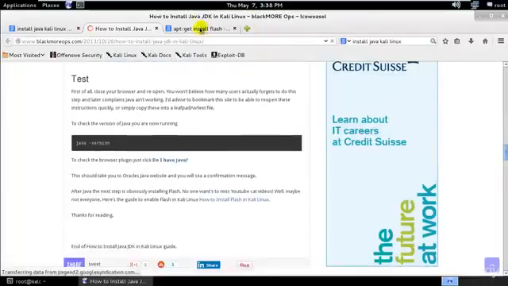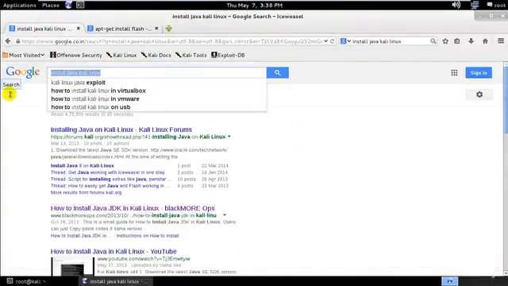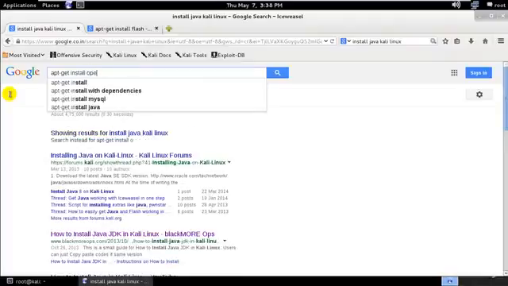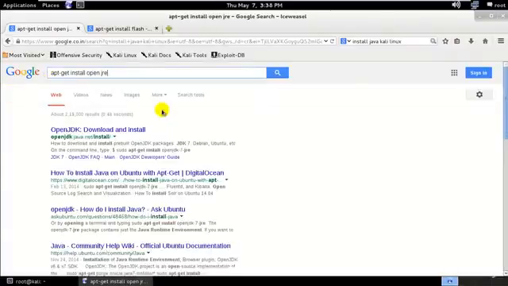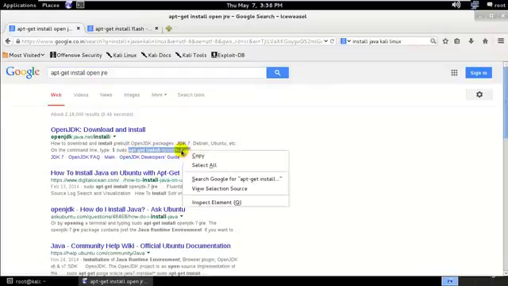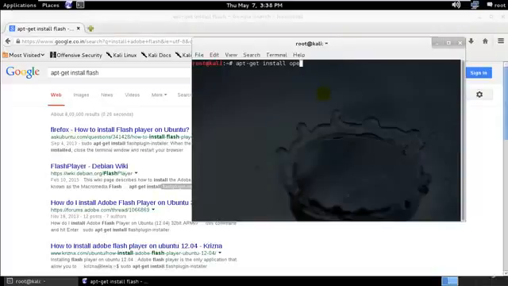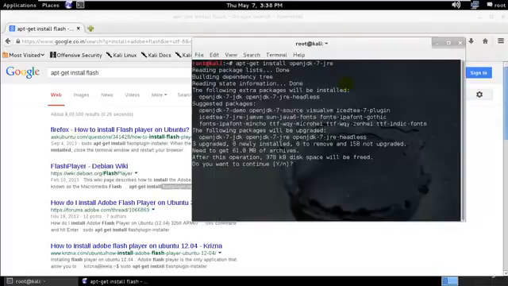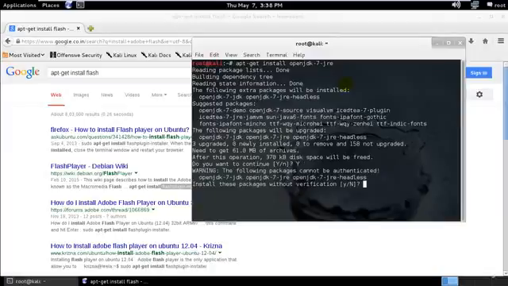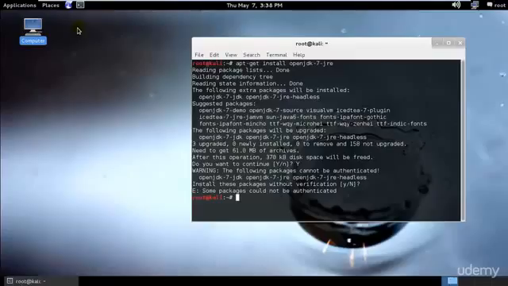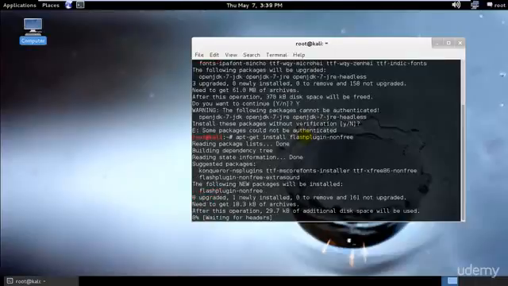Okay, so apt-get install. Okay, here we have it. I'll just copy that and paste it over here. apt-get install openjdk-7-jre, and yes, I need to install that. Yes. Okay, I did not press yes, that's the reason it was not able to authenticate it. And after that, we can also type apt-get install flashplugin-nonfree, and it will get